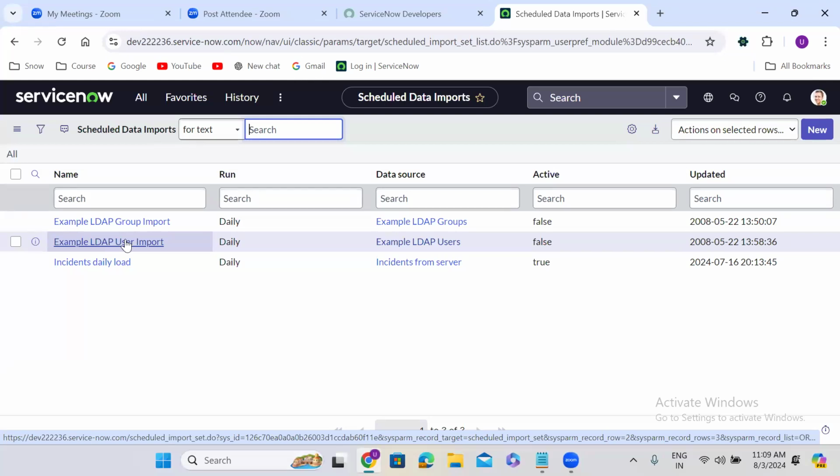Automatically user accounts will be created. Say you join today and want to access ServiceNow. Tomorrow you will get access automatically, because this job will create a user account for you. You joined the organization today, and tomorrow this job will automatically create a user account for you so that